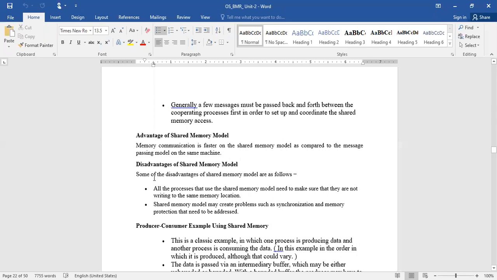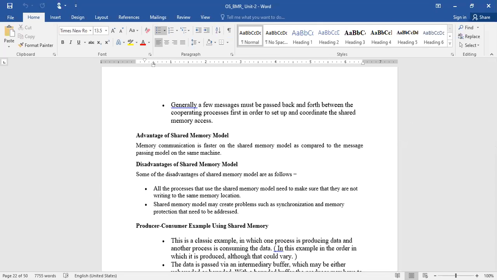Now, the advantage of the shared memory model is that communication is faster than in the message model on the same machine. Once the memory space is set up, the address is directly added to the operating processes, so within no time they can access the data from the address space. Whereas in message passing, every message needs to be placed in a message queue, which again is processed with the help of other system calls, even though it is a memory related issue. So doing all these things probably takes more time compared with the shared memory system.